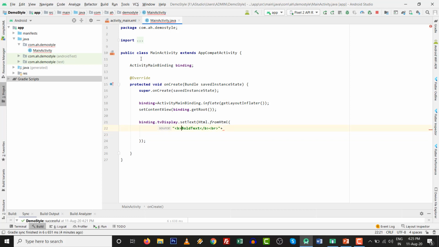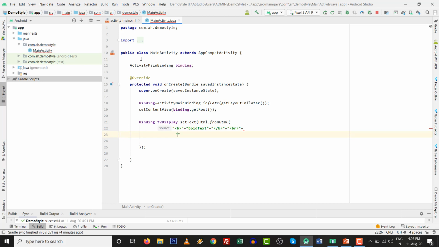If you want to concatenate all those things, you can also do it this way: double quote and plus, use this tag, double quote plus, and last double quote. Whatever you want to set, you can set on your own. It's for bold text, it will work as a bold element.